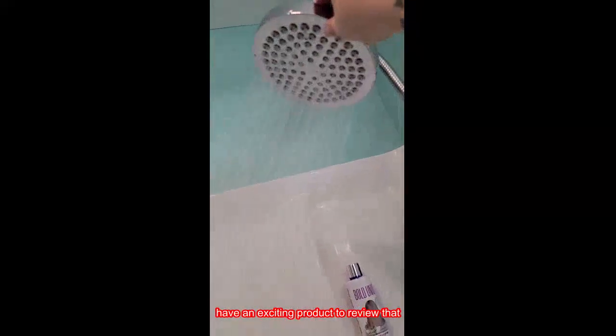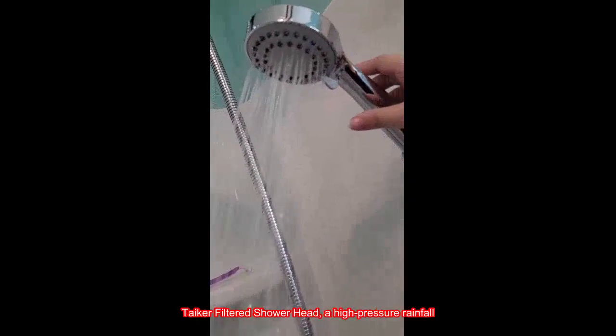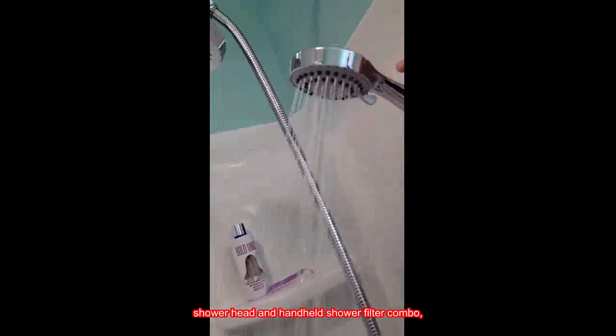Today, we have an exciting product to review that promises to elevate your shower experience to a whole new level. We discovered the Taiker Filtered Shower Head, a high-pressure rainfall shower head and handheld shower filter combo, and we've included